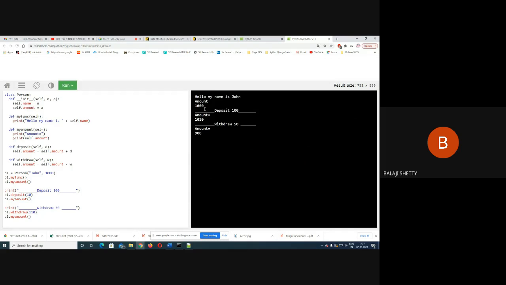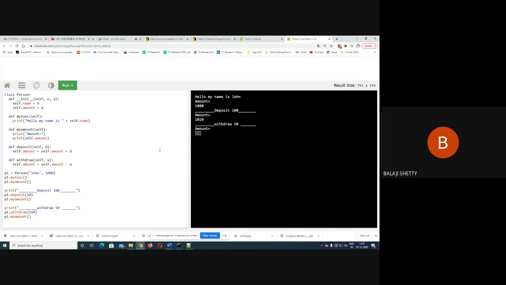Now see here, initial amount of 1000, deposit 10, 1000 plus 10 is 1010, withdraw 110. Now here 1010 minus 110, you get 900. Okay, so this is the code.